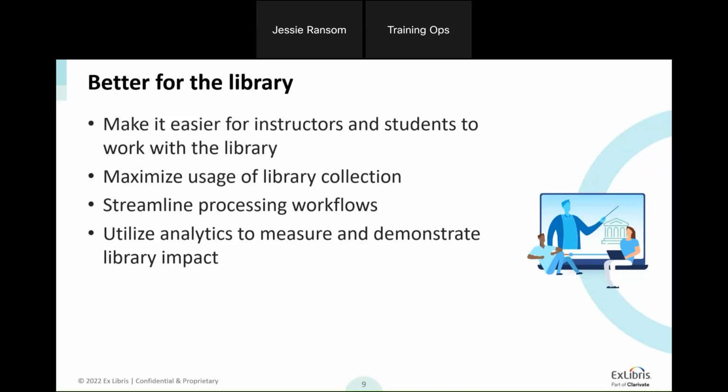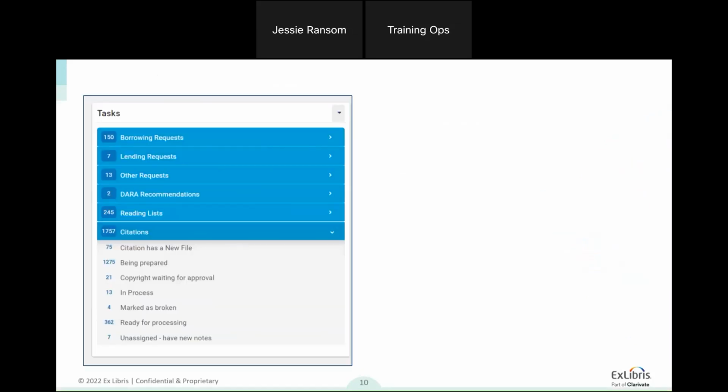And then, of course, the last piece is the analytics that you get with Leganto, the ability to really understand how your collection is used in courses, how much usage it's getting, which resources have high engagement, which departments have high engagement, and all of that very relevant information. So just quick examples here.